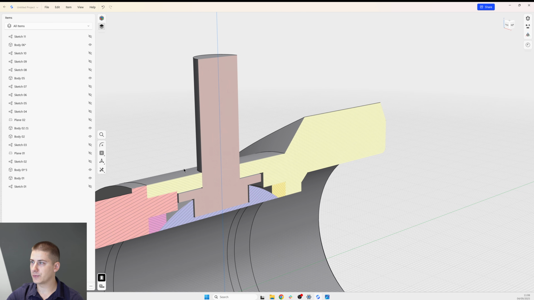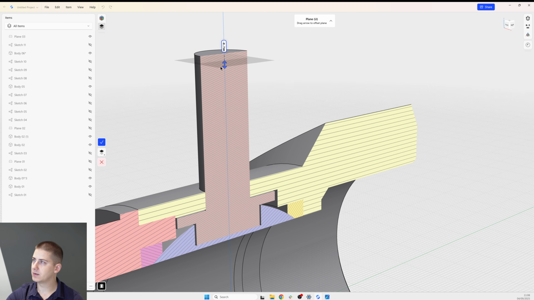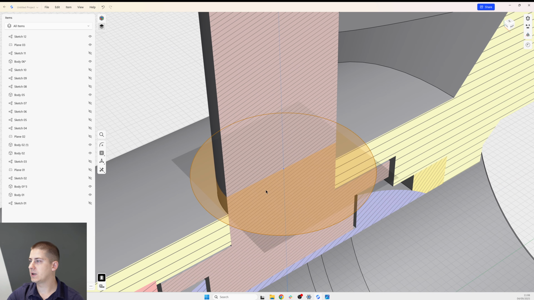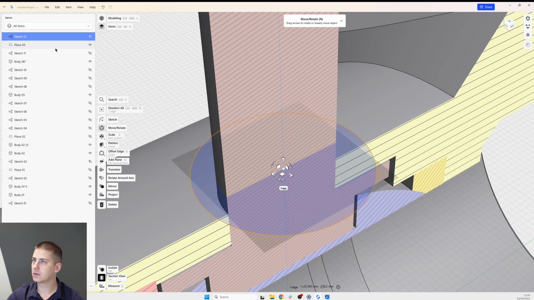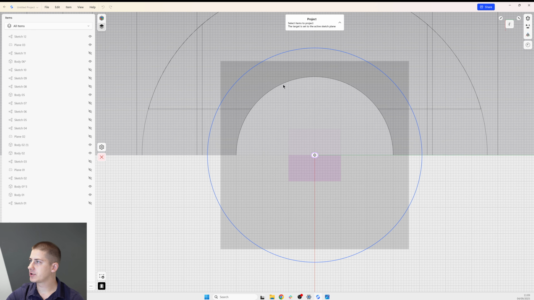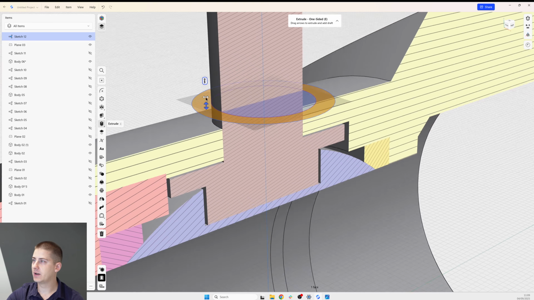And the other thing I want to create is the seal around this stem. So how am I going to do it? There is multiple ways. First step is to create the plane. Create the plane and create circle. And now when I have, oh sorry, I need also projection. Okay, now when we have profile,